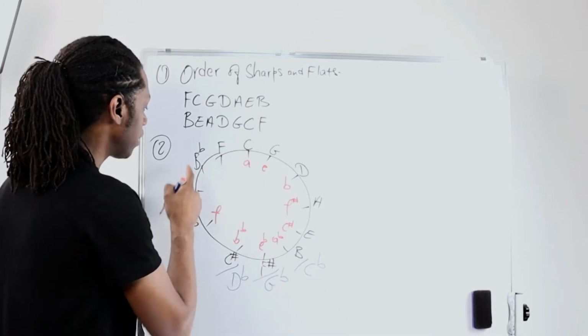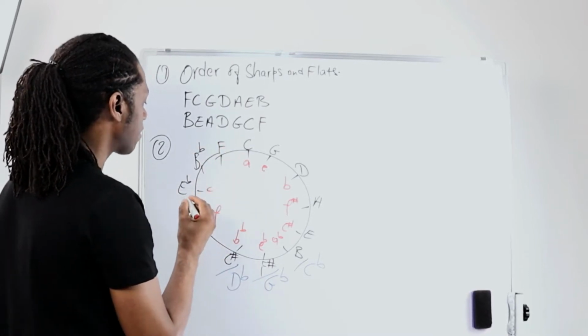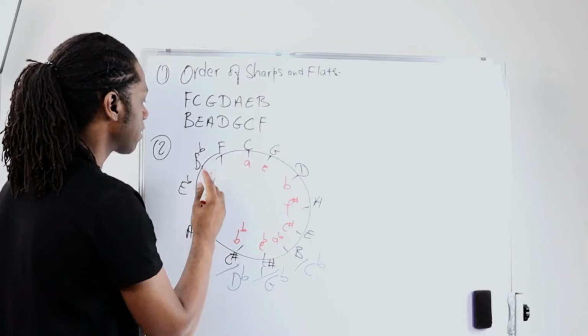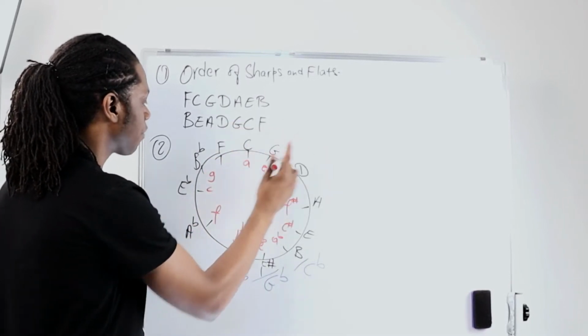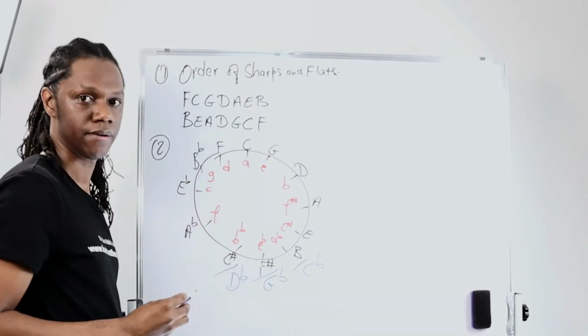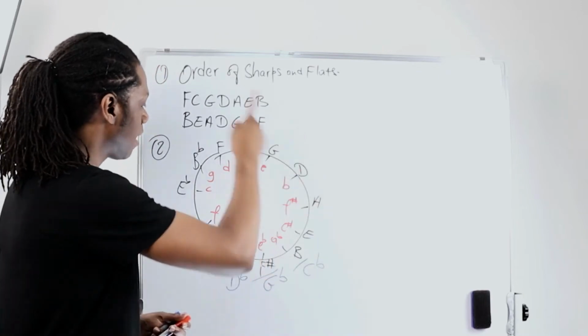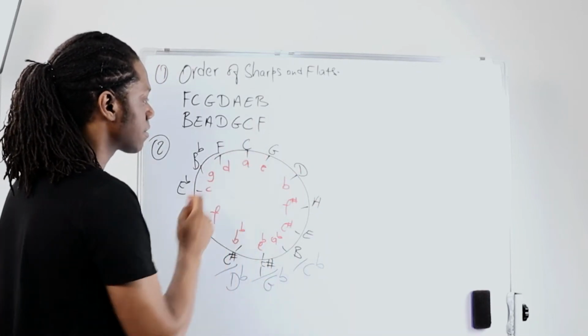E flat, 1, 2, 3, 4, that's going to give you C minor. B flat, 1, 2, 3, 4, that's going to give you G minor. And then finally F, 1, 2, 3, 4 is going to give you D minor. Okay, so that's a simple rule. Once you go around the circle of fifths and around the circle of fourths, you just start at C and